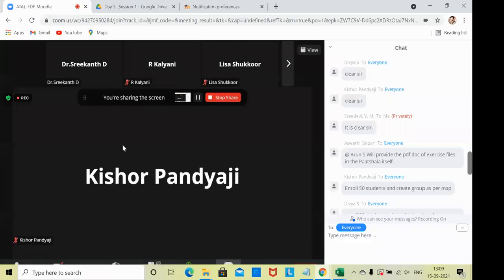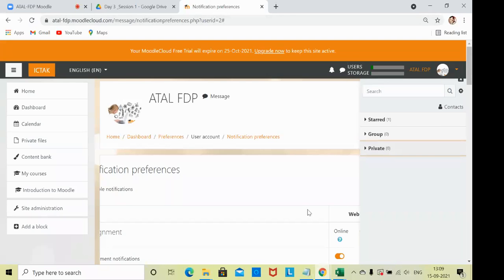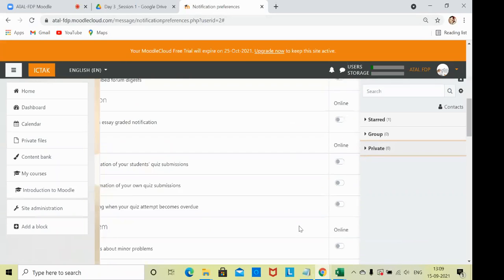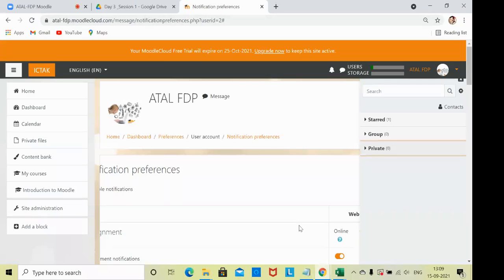So it means that within Moodle we will not be able to send an offline message like we do in any other messaging app, where we send a message and the person reads it whenever they are available. That is not possible. Only if the person is online can we do the messaging. Is that the case?